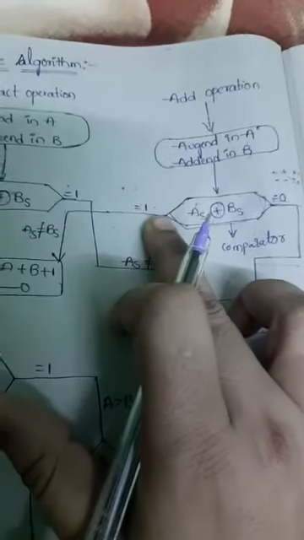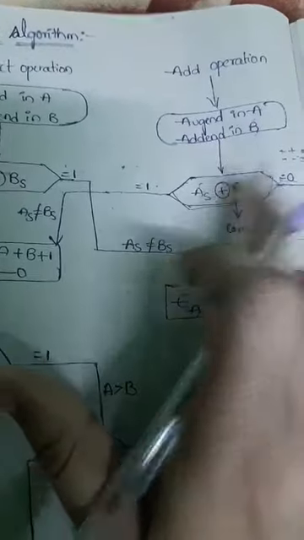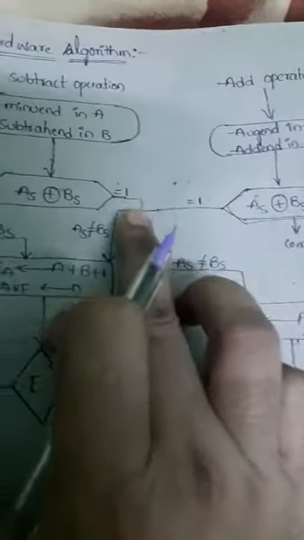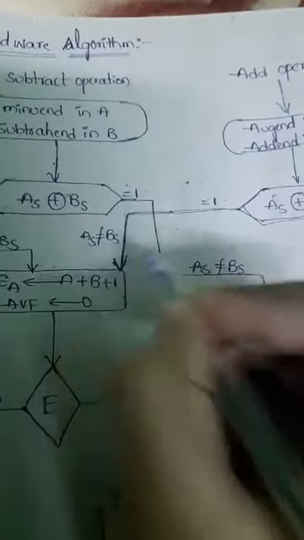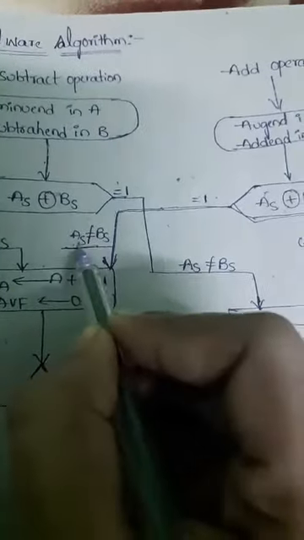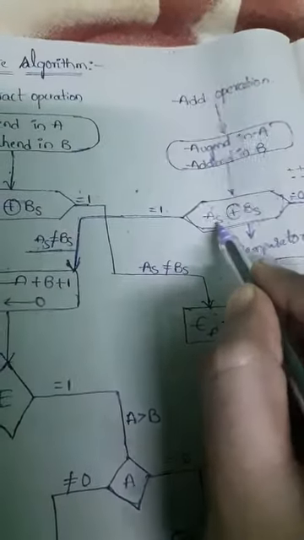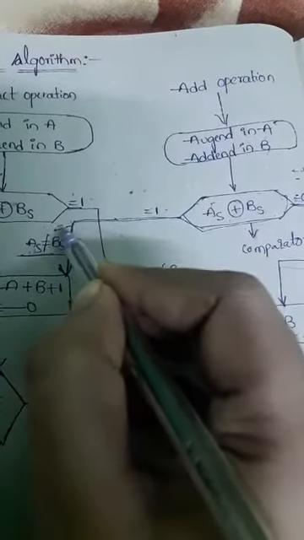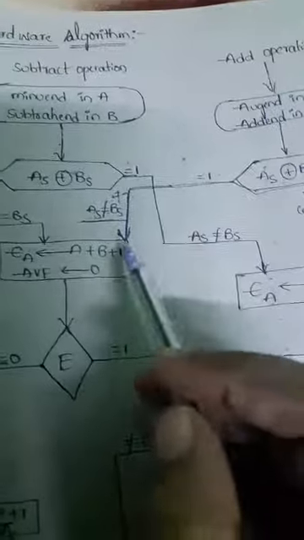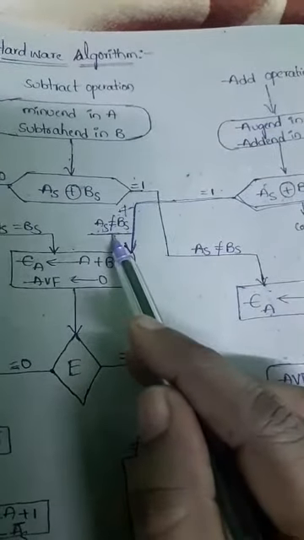So this one specifies AS is not equal to BS. So that is the logic. What is the result we are getting? AS is not equal to BS. AS is nothing but the sign of A, which may be positive, and BS the sign of B, which will be negative. Both are not equal now. Plus is not equal to minus, right? So that's why the result will be 1. So both the signs are not equal.